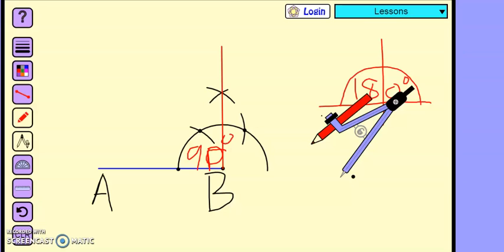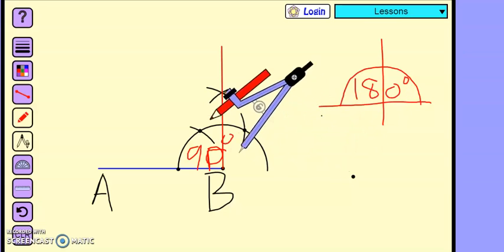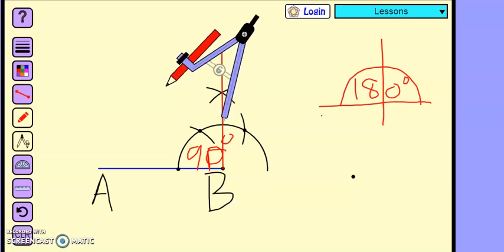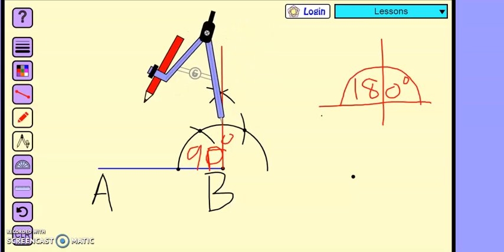So again, using my compass, by placing my compass at this point, open your compass like this. Once you have opened your compass of any radius, you are supposed to keep the same radius while construction of the angle bisector of 90 degree. So again, I am going to draw an arc like this